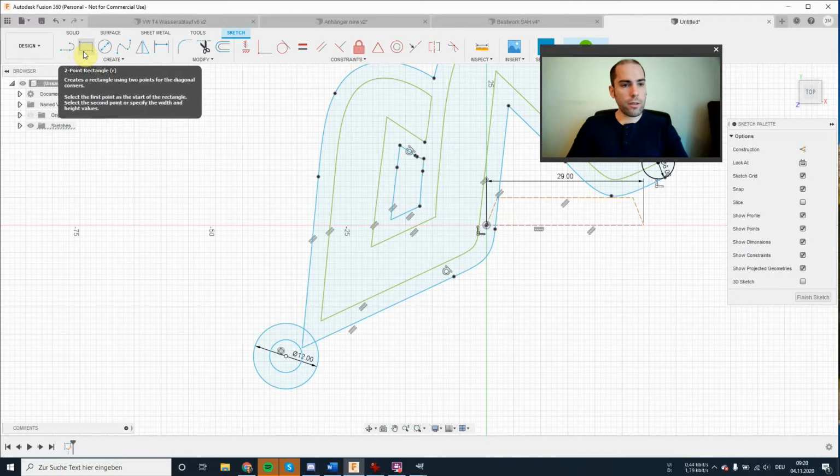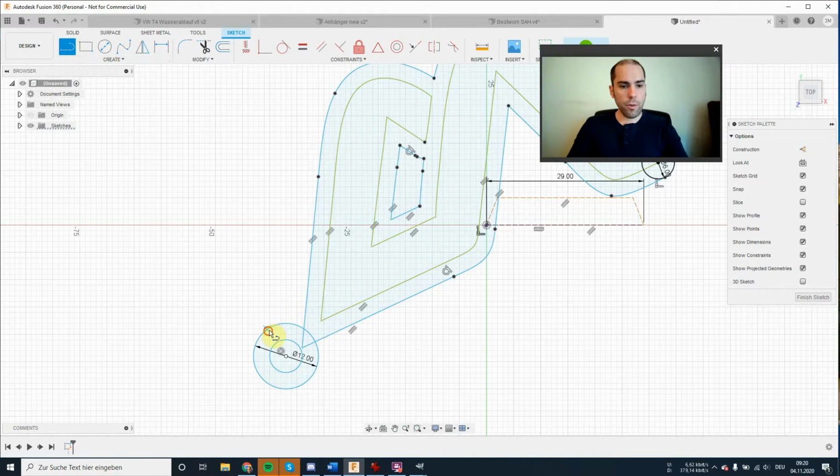Now we attach these two circles to the main body with lines like this. They don't have to be exact because we will constrain them as tangential to the circle,